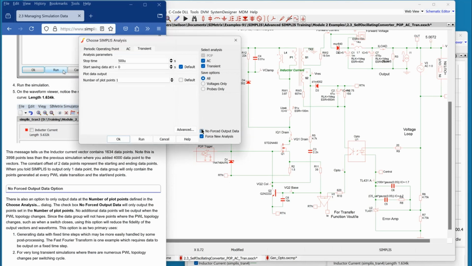If we say no forced data, then all of the Simplest data it calculates will not go to the output, but Simplest will still get there. So now we're not going to output any of the Simplest data that it keeps and calculates. We're only going to ask for one data point at the end, and there'll be one at the beginning automatically. So now if I run that,